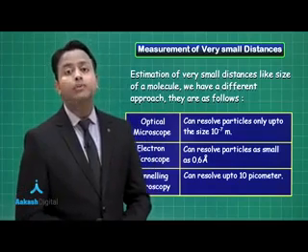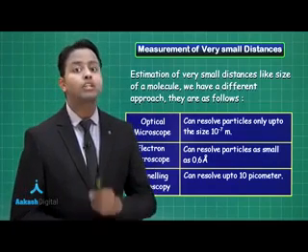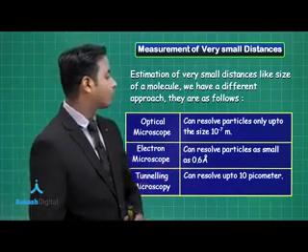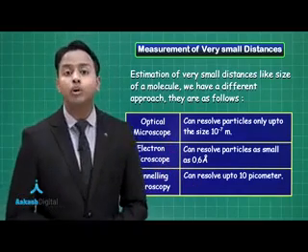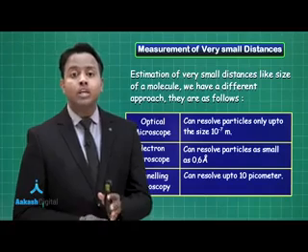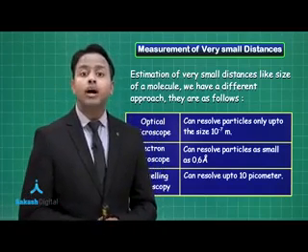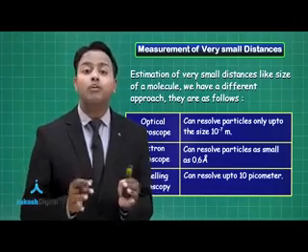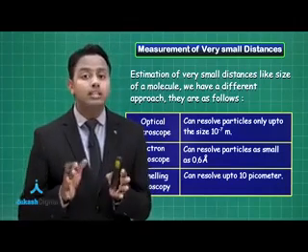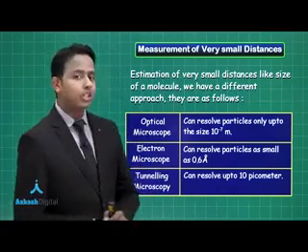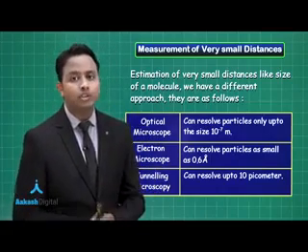Now, compared to your perception, the electron microscope is a very strong device and has a much better resolution. So, it can resolve particles as small as 0.6 angstrom. Can you imagine what 1 angstrom is? 1 angstrom is actually 1 by 10 to the power 10 times a meter. You cannot see that kind of physical size. So they have that much resolution, but still we are not in the range of molecules.